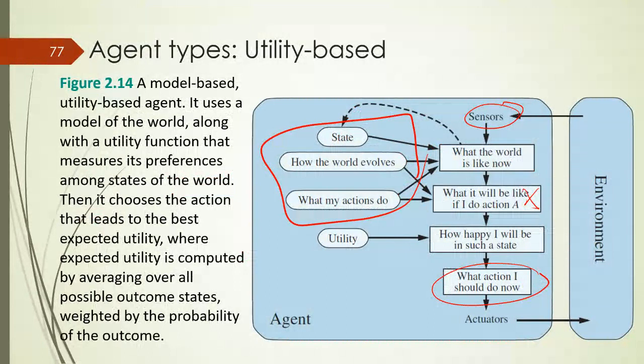I try to predict the future before even doing the action. In the previous one, we would do the action and perceive the consequences. Now we try to predict, if I do that, what's going to happen next? And how happy will I be with this? If I take this action, how much closer am I to my final goal? And based on that, we make the